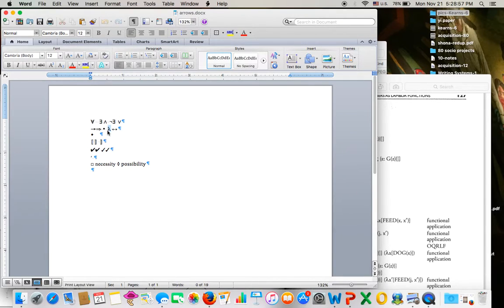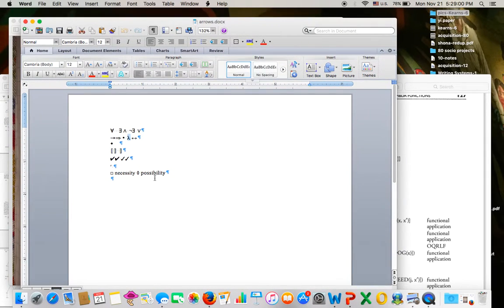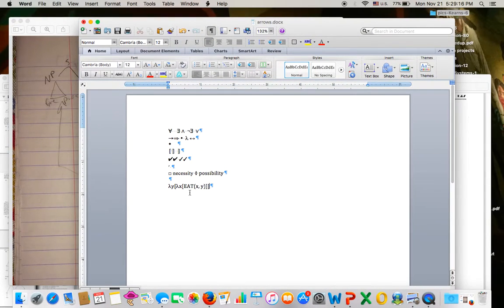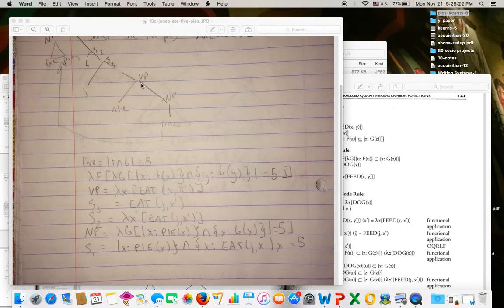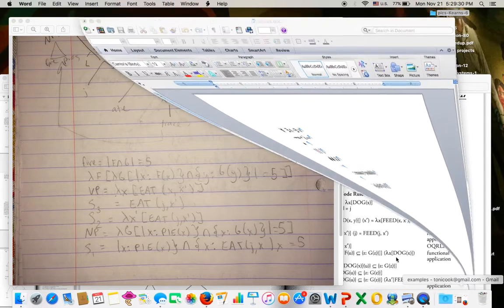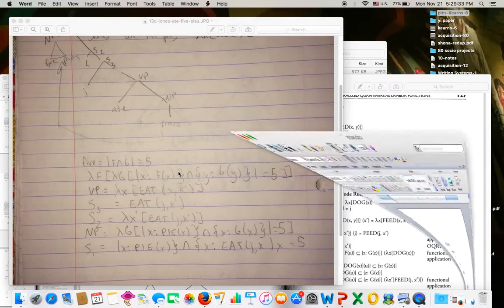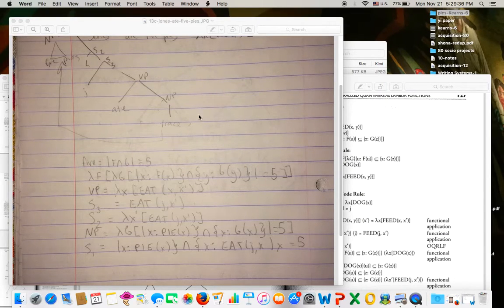Here's my little lambda. So we'd want to say that the lambda expression for eat is lambda y, lambda x, eat x, y, right? I'm sorry I don't have that on the sheet, but this should be familiar from what we did with lambda expressions before. So then what happens at the VP node is that you are plugging in for lambda y for the object. Remember for our object, lambda y, we're saturating that argument position. So where this trace is acting as a type E